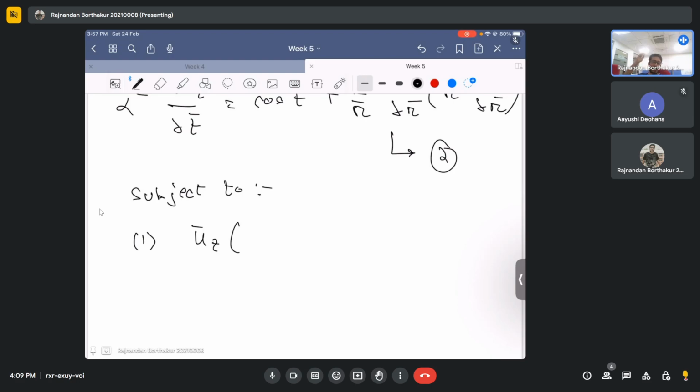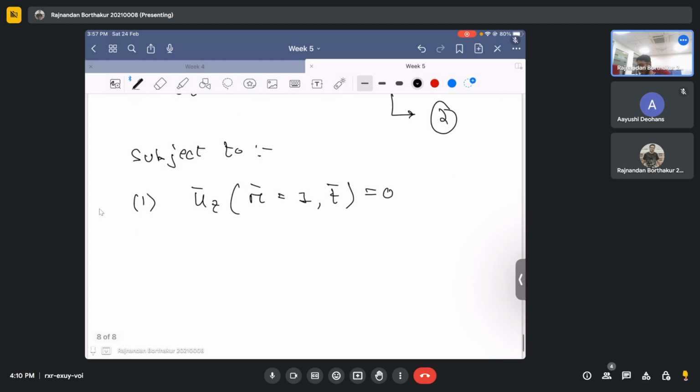Earlier it was uz at r equal to capital R for all time was basically 0. But now since we are defining it non-dimensionally, uz at r bar equal to 1, because our characteristic scale is itself the radius, so r bar equals 1 for all time t is equal to 0. And this is basically what? This is basically the no slip, as you said. And secondly,